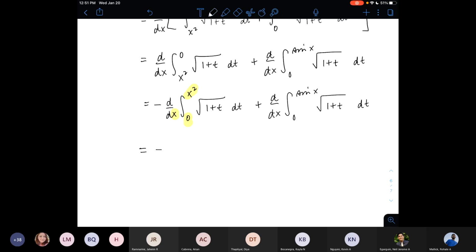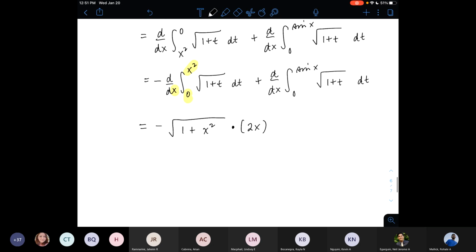So I know here that I need to use the chain rule. But how do I do that? I copy the integrand, but evaluate it at the upper limit. So instead of t, I'll plug in x squared. But the chain rule dictates I need to multiply it by the derivative of the upper limit, right? Plus,